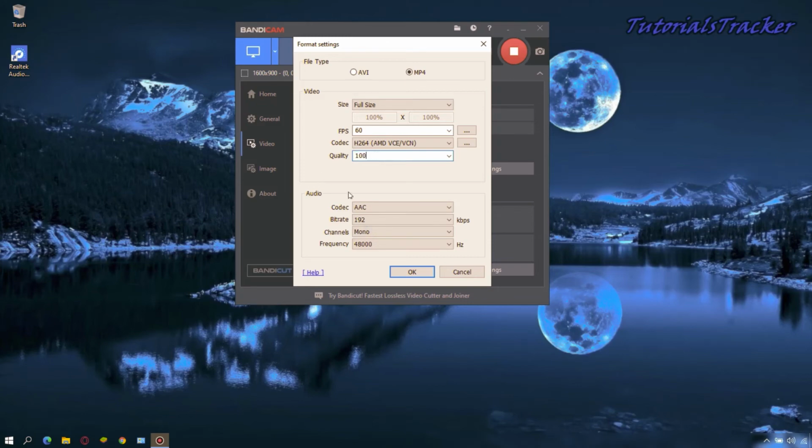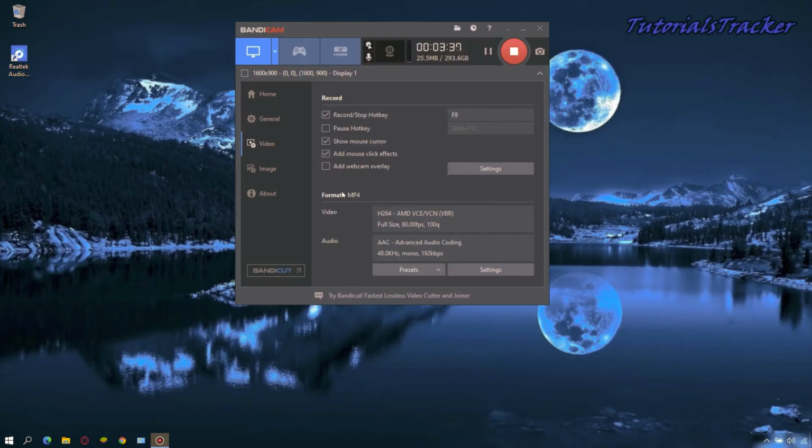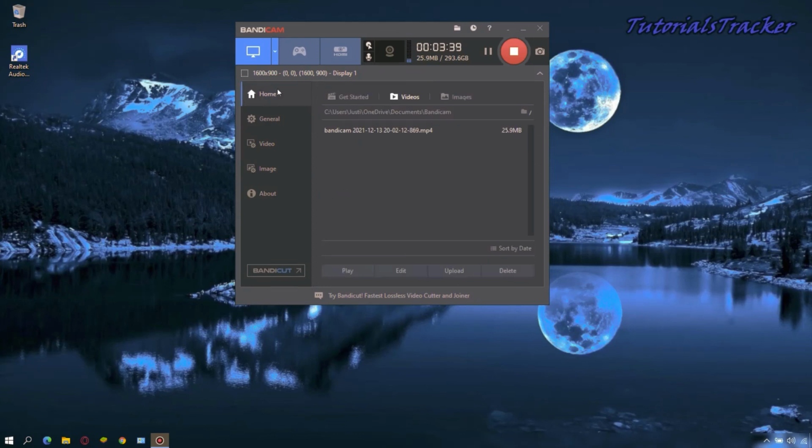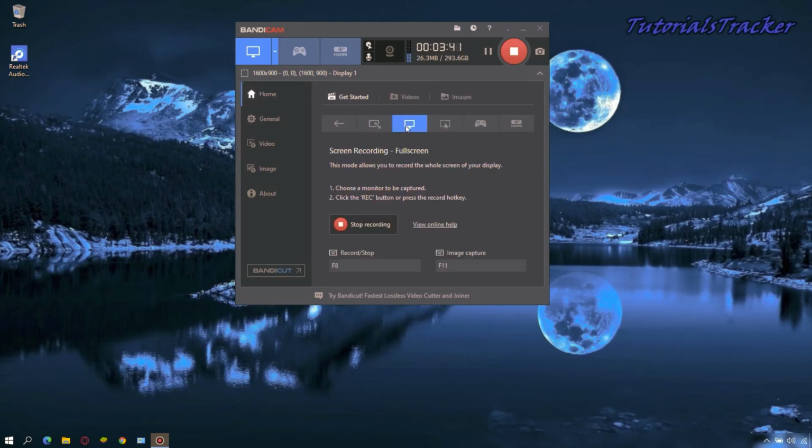Now you're going to need to go into the audio. Make sure your audio is on AAC, bitrate to 192, channels to mono, and frequency to 48,000. Now click on OK, go to Home and go to Get Started. And you can pick here whether you want to record a rectangle, full screen, around mouse, game recording mode,